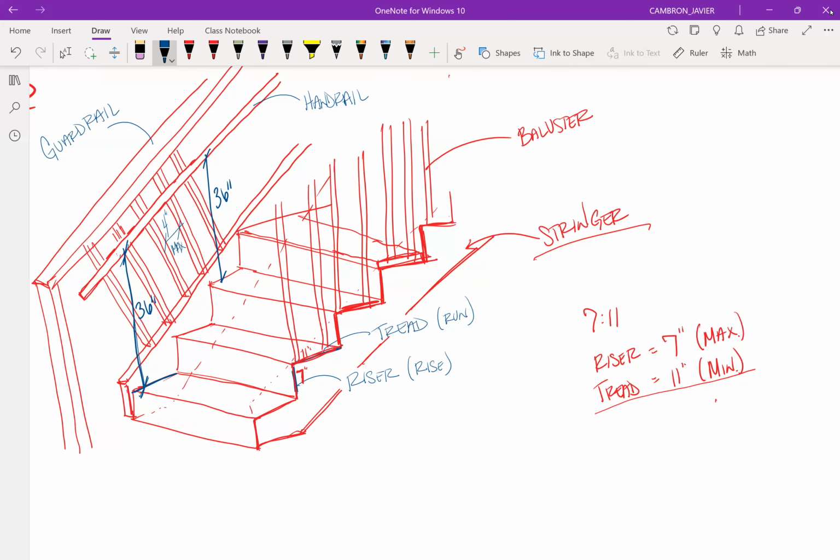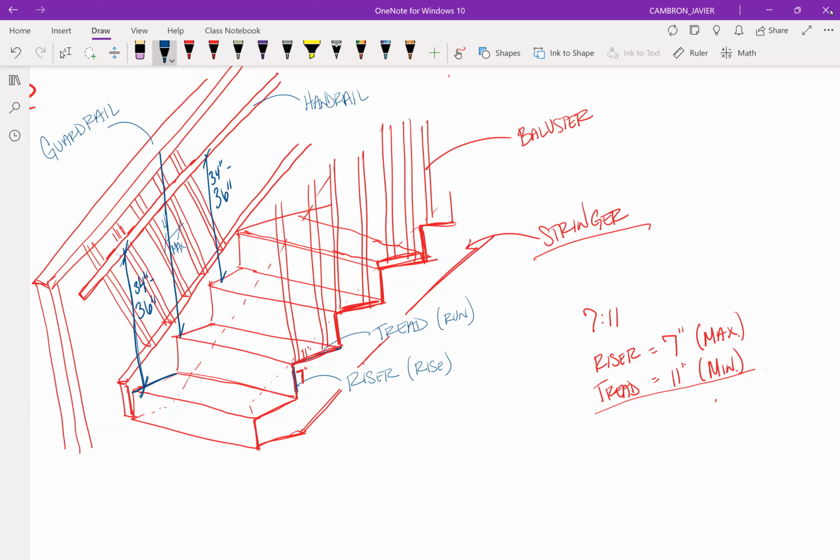That's the comfortable height. It's actually 34 to 36, but I usually use 36. 34 to 36 inches. Again, the handrail is to help guide you or give you some support as you're walking down the staircase. The guardrail, though,